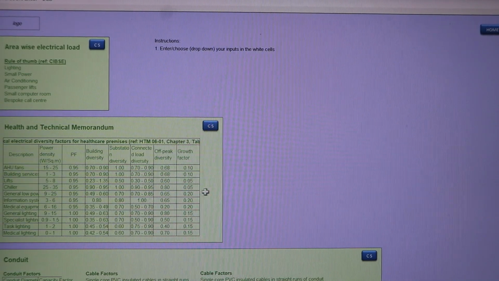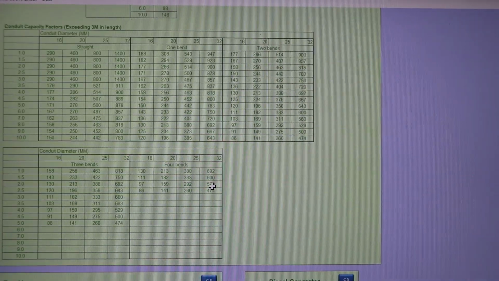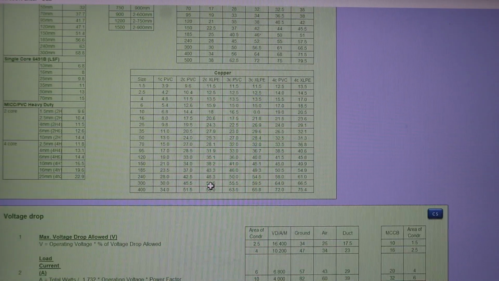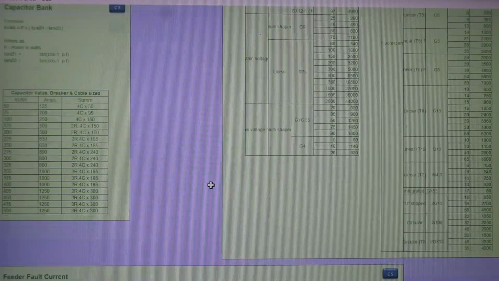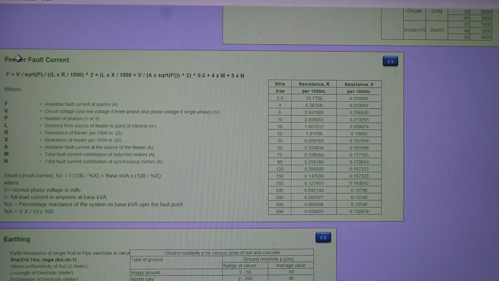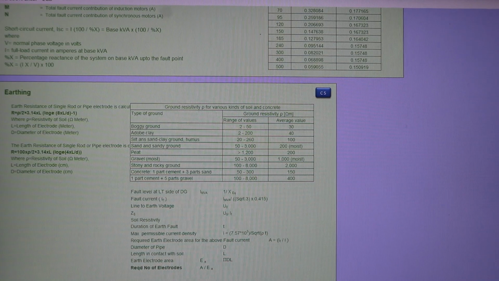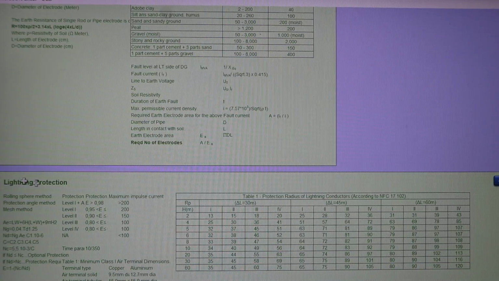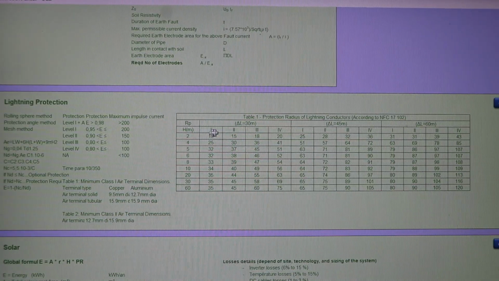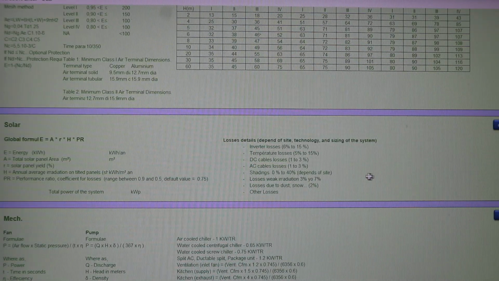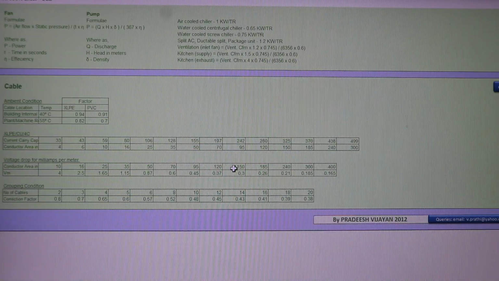And this sheet clearly tells us all the formulas applied for every calculation sheet. Like earthing, what is the formula applied? Lightning protection, what is the formula applied? And what are the protection levels? Then for the cables,